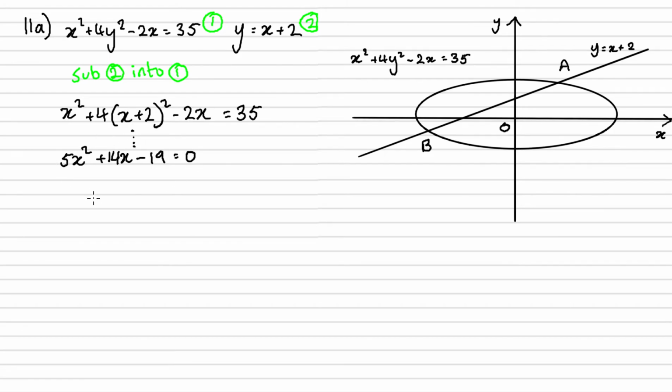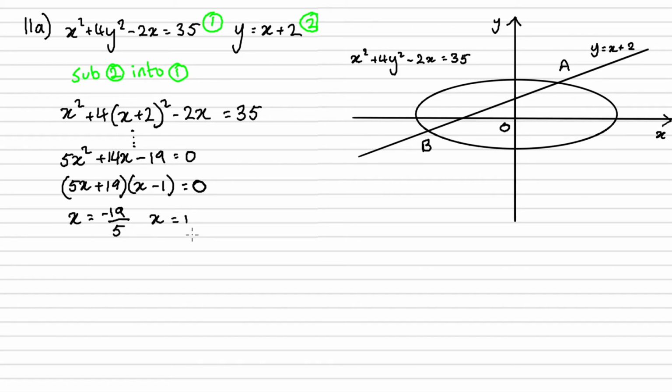Okay, so now to solve this quadratic, we're going to factorize it first, and you'll find that it factorizes to (5x plus 19)(x minus 1). They're the two factors. So now we can just equate both these brackets to 0 to obtain our two solutions for x. So x is minus 19 over 5,